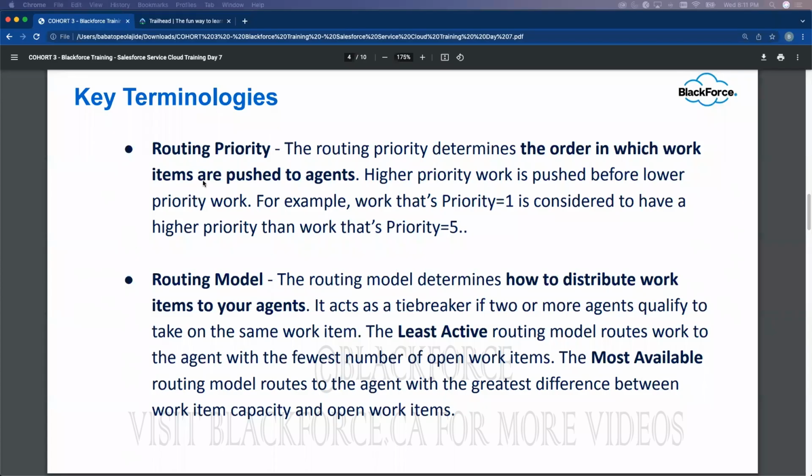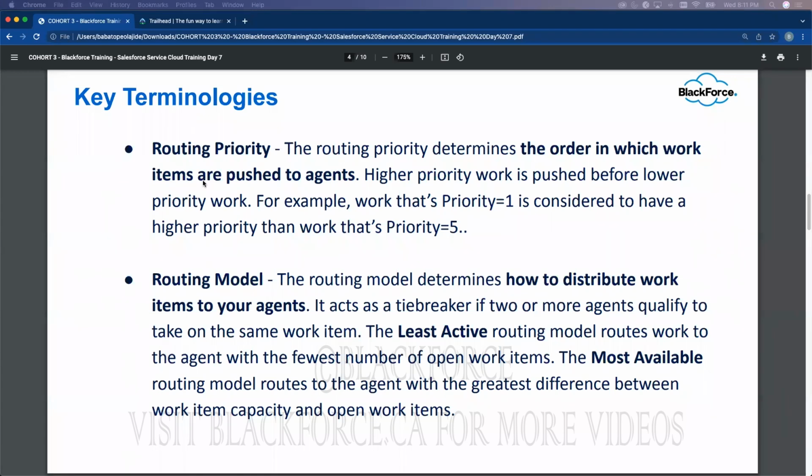This is very important. Why is it important? Because it determines the order in which work items are pushed. So when you're setting up a queue, you determine the priority of that queue,